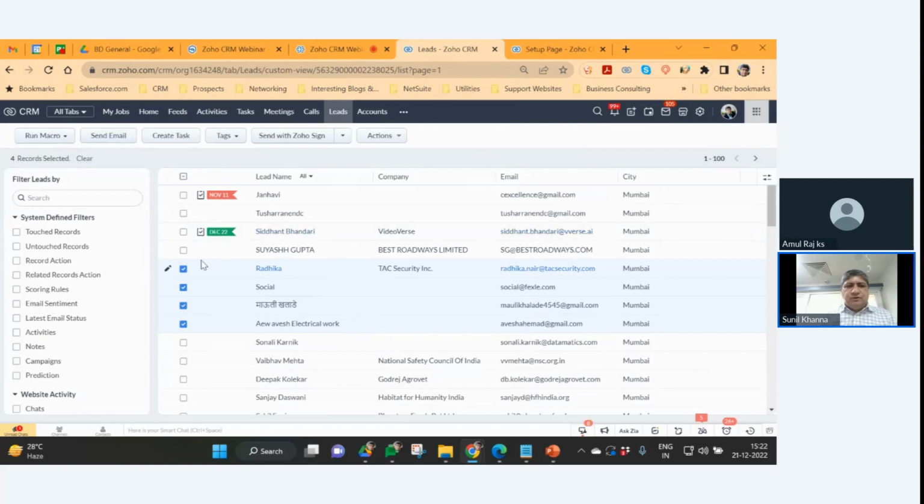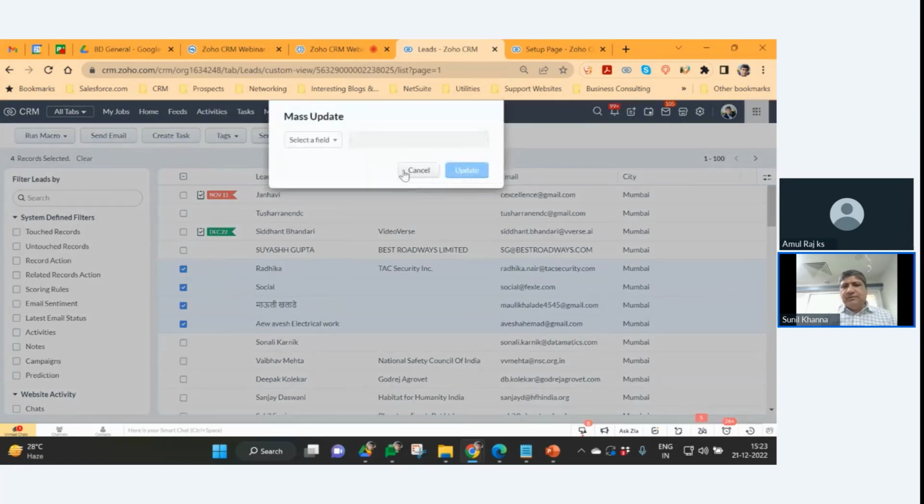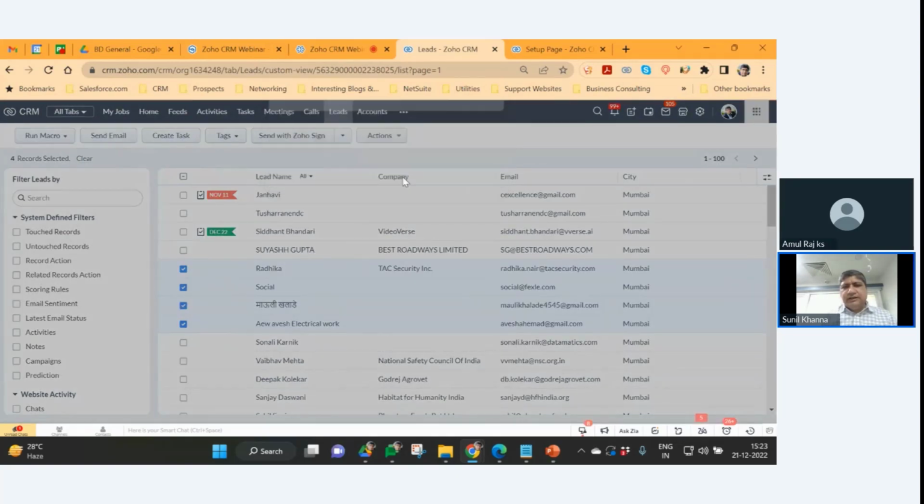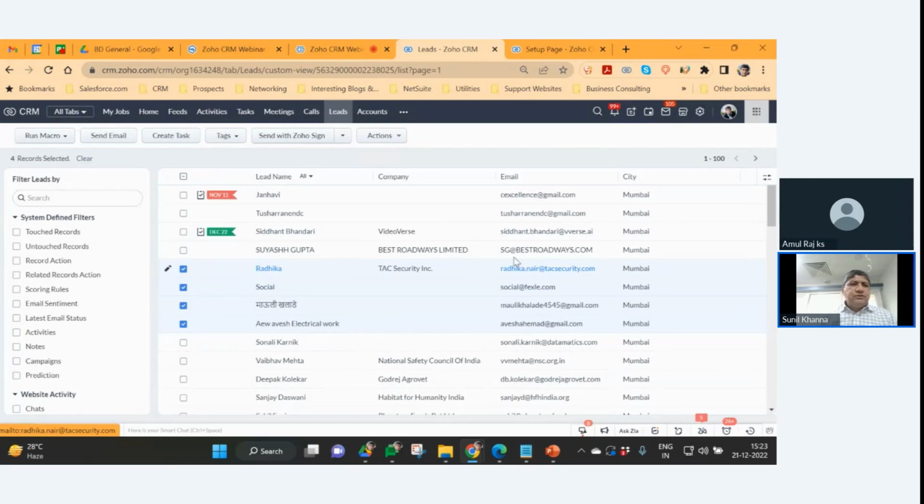You can send a mail to all the leads from here. That is another good feature. We can create a task against multiple leads from one single button. We have other options that are also available. One of the very important options is the mass update option. Using the mass update option, you can mass update any field on all the leads with the same value. So these are some of the data management features that are easily available for anyone